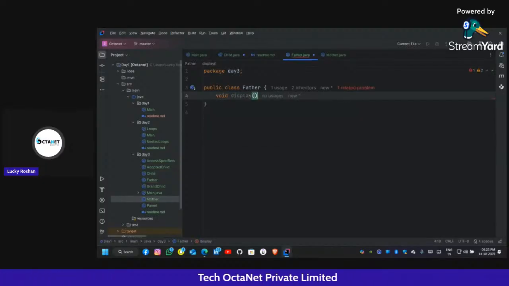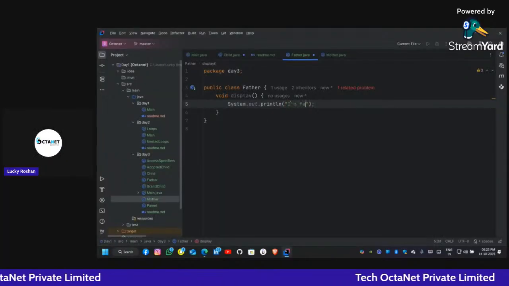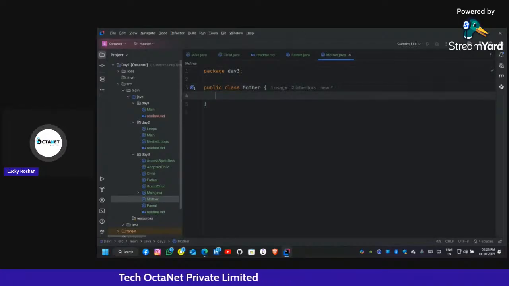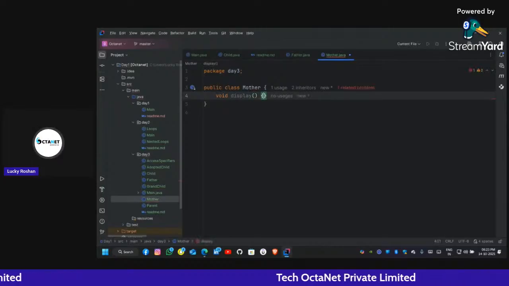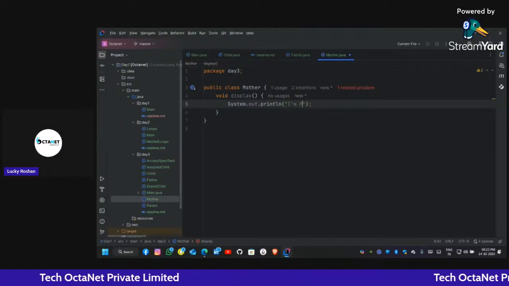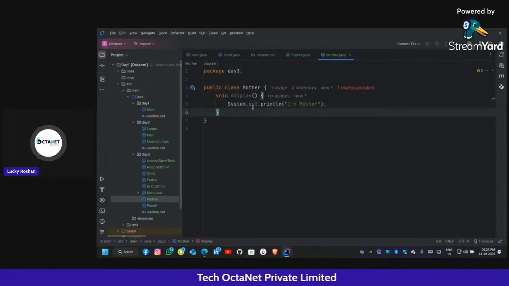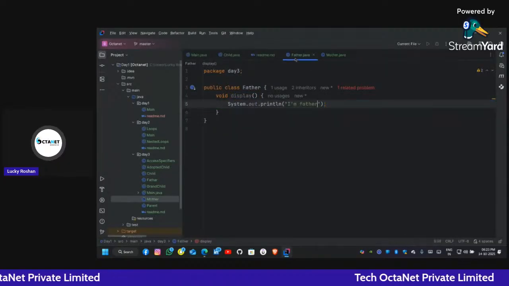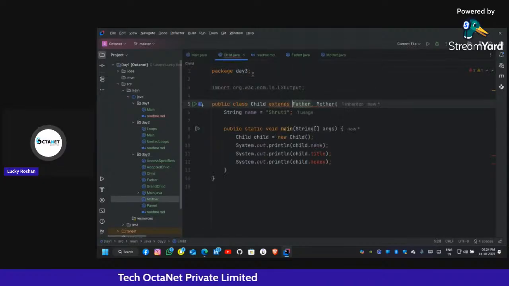It has a method of void display that performs I am father. And here in the mother class, we have the same method name, that is display, and this tells I am mother. So see here, here is a method display that tells that I am mother. And in the father class also we have a function display and says I am father. Now the thing is, when we